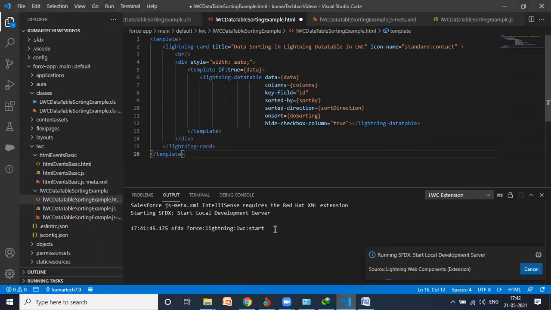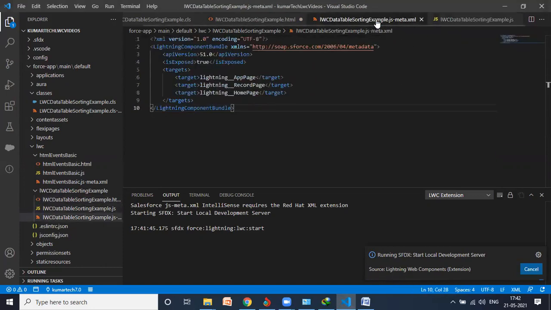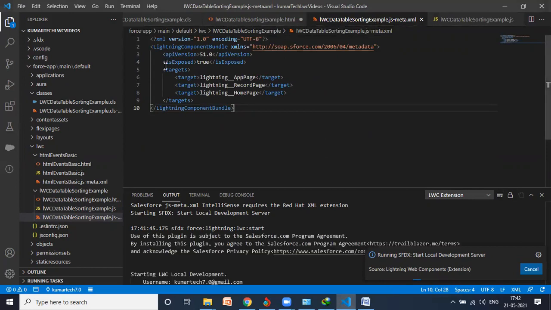Okay, it will take some time. Meanwhile, every time in your component, this should be true.